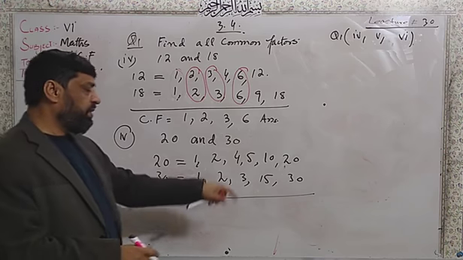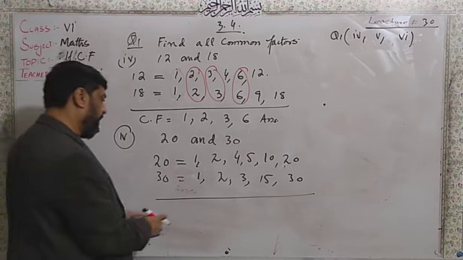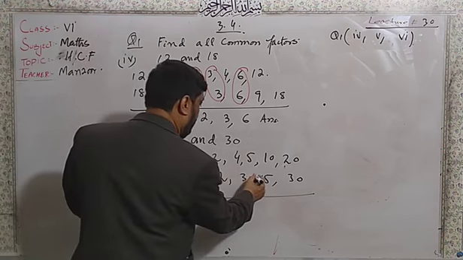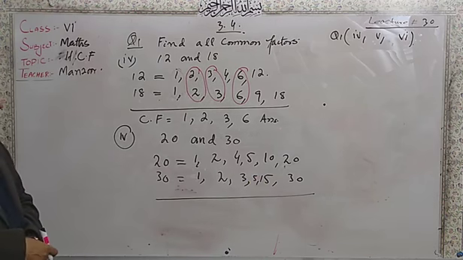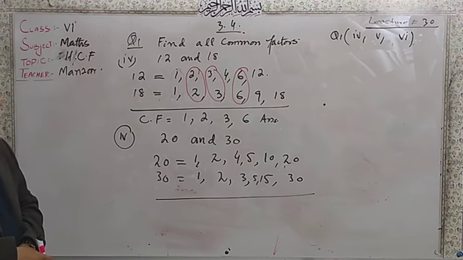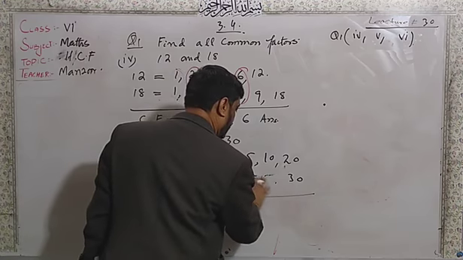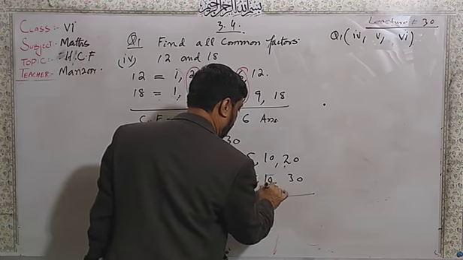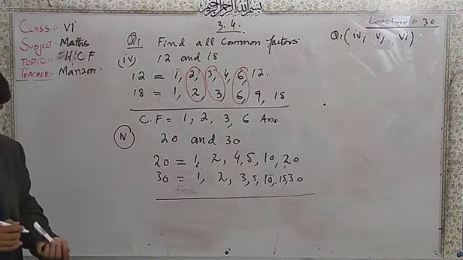Even then, if you read the table of 5, 5 can divide 30 by 6 times. You can write the 5 here. But 6 cannot, 7 cannot, 8 cannot, 9 cannot, and then there is 10. 10 can divide. You can write the 10 here also. Then 15, and after that 30.